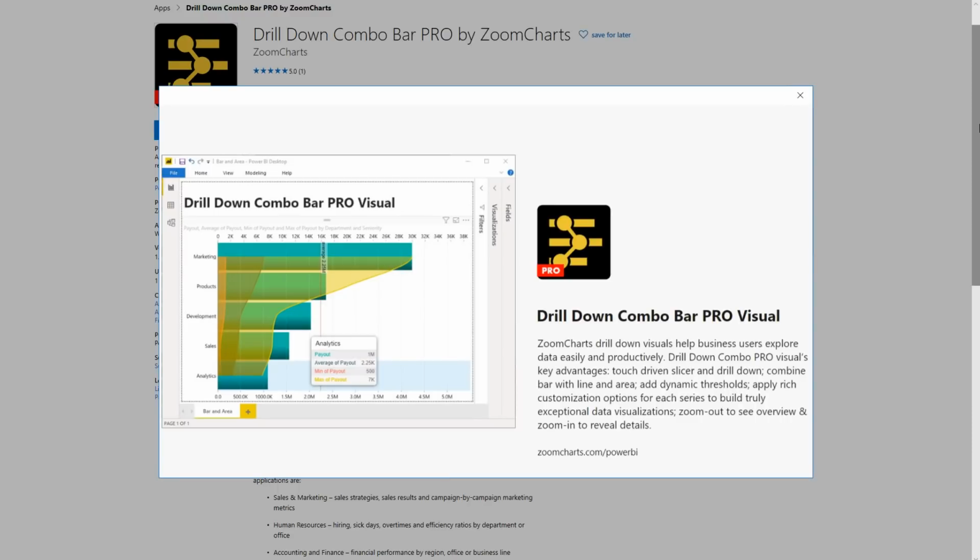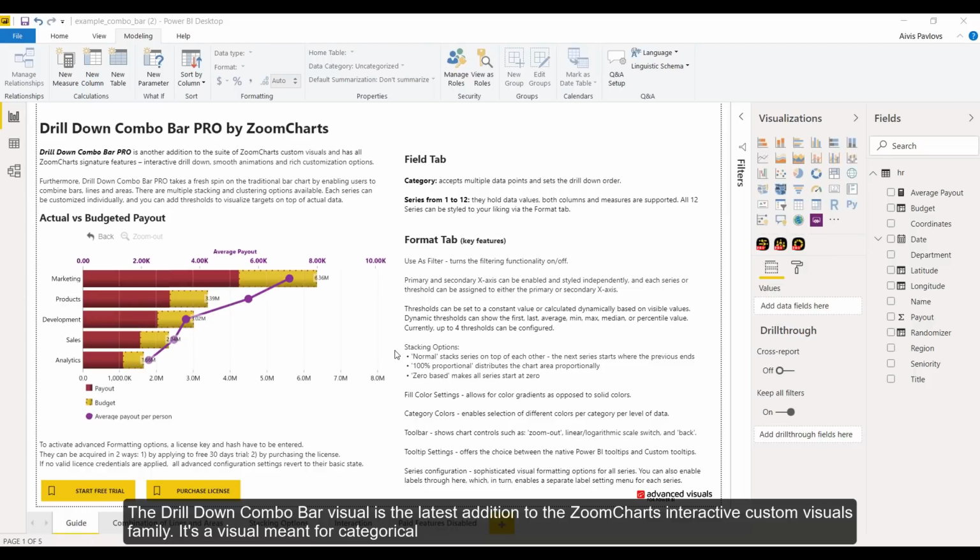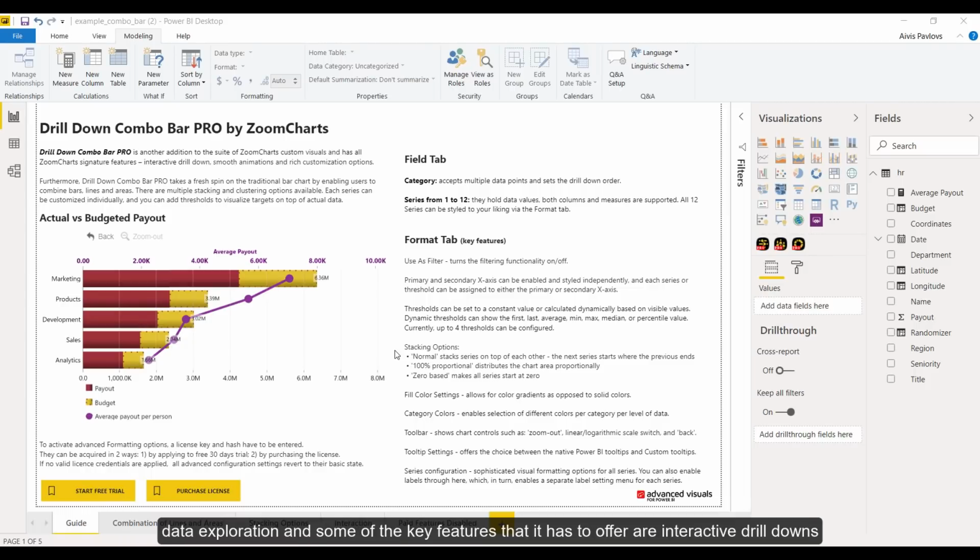Now let's see a demo of the drill down combo bar by ZoomCharts. The drill down combo bar visual is the latest addition to the ZoomCharts interactive custom visuals family. It's a visual meant for categorical data exploration, and some of the key features that it has to offer are interactive drill downs that work as a slicer for the rest of the page,